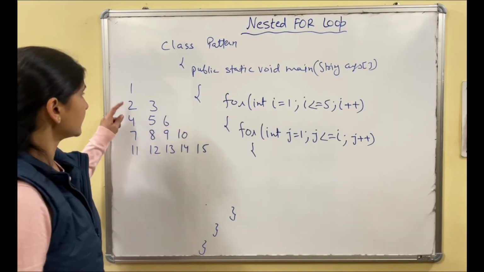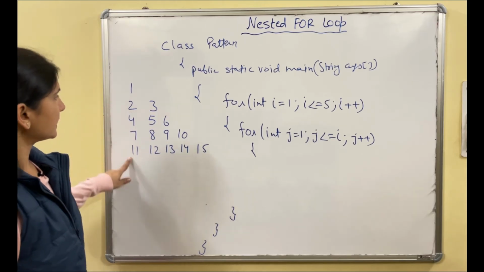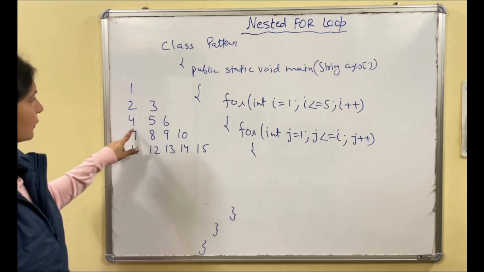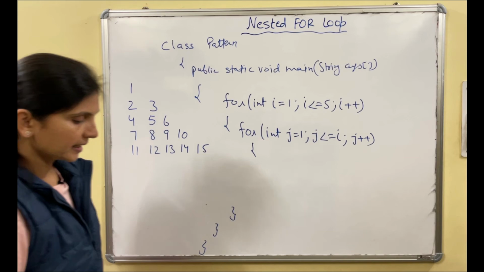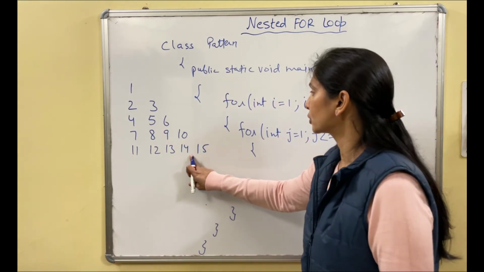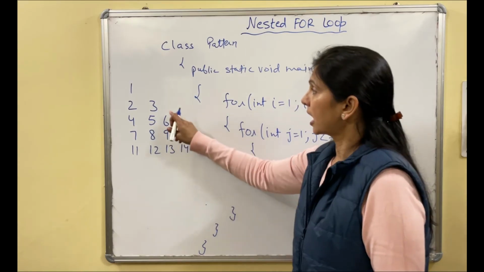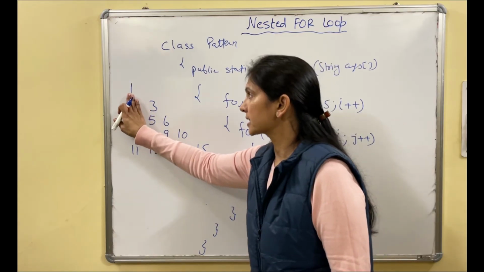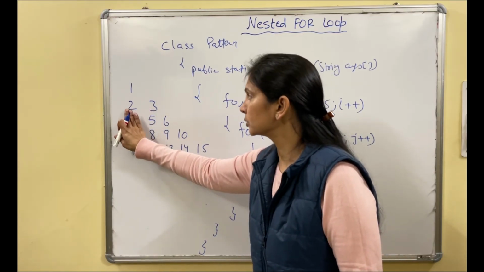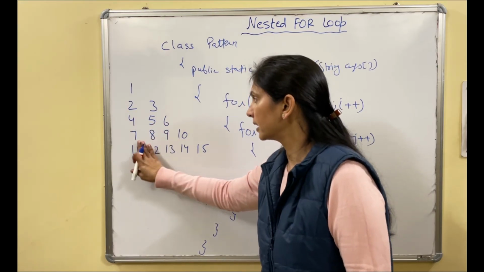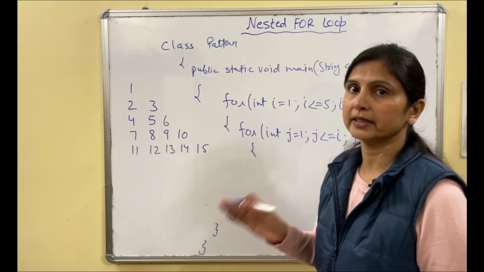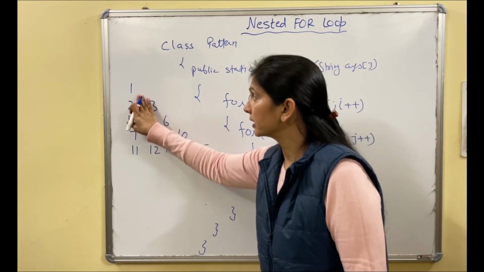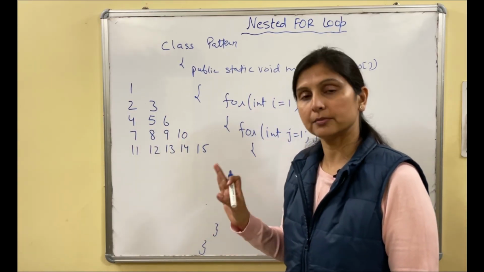Okay, so the next program is to write a program to display this pattern. So this is the pattern now, fine. What is the pattern? 1 2 3 4 5 6 7 8 9 10 11 12 13 14 15. If you can see this pattern, how many rows are there? Again 1 2 3 4 5. 5 rows are there. j is the same as the value of i. i 1, j runs 1 time; i 2, j runs 2 times; i 3, j runs 3 times; i 4. Now if you see what we have to display, neither have we displayed i, 1 2 2 3 3 3, nor j, nor 1 1 2 1 2 3. So it is not i and not j.